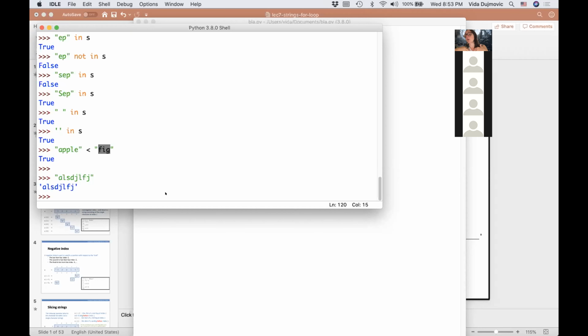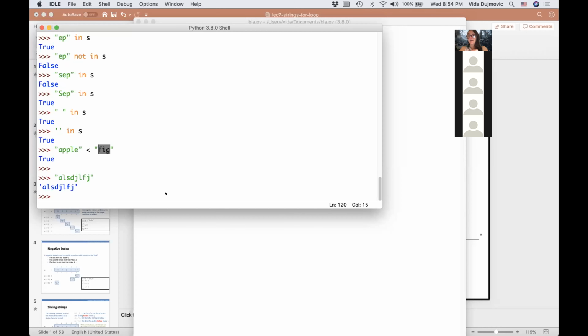So if you wanted to call me, you would open a phone book for your city and go to Vida Dujmovic and find my number. Of course, these books were super thick, depending on the size of the cities. They were based on cities or regions. They were huge, so of course the names needed to be lexicographically ordered. Another way to say it is that it's the order that you would see in a phone book.